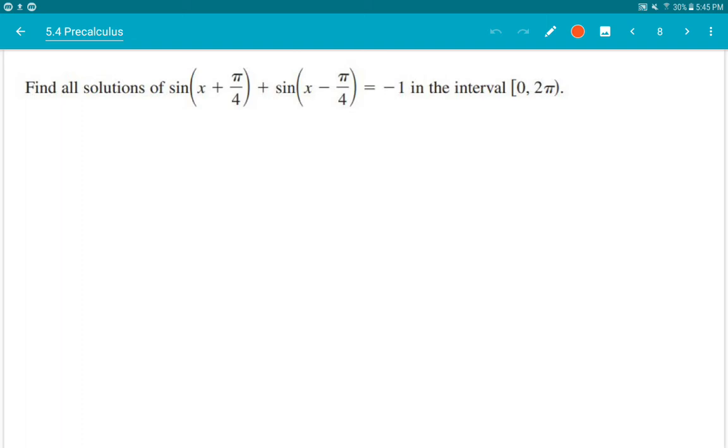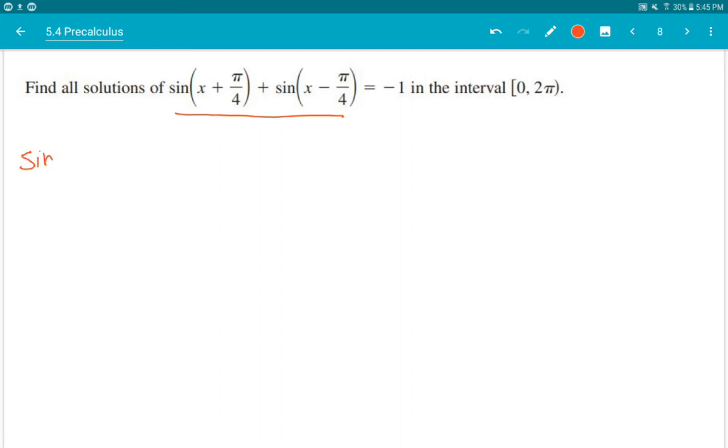All right, here's an equation. Find all solutions of this in this interval. So you need to first combine this into a single sine. Actually, not into a single sine, we actually have to break down both of these. All right, so what we're going to do here, for the first one, is